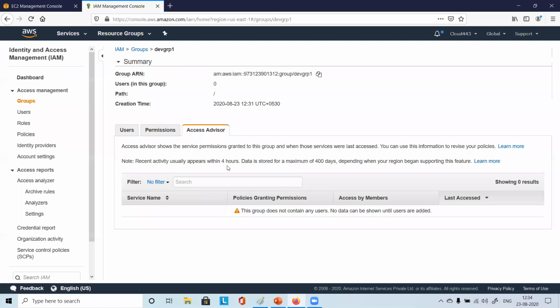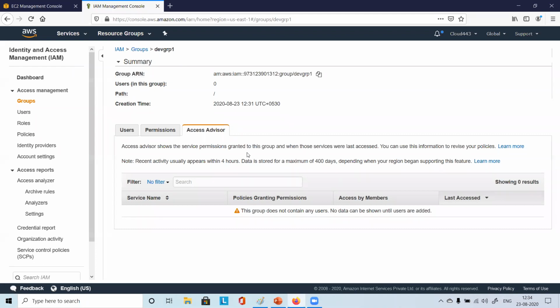We will be discussing the advisor later, so that's not an issue. Who is accessing, all those details will come. Based on that, you can restrict the permission, you can change the policy, right? The data will be stored for a maximum of 400 days depending on when your region began